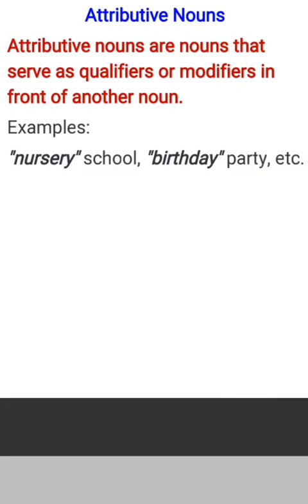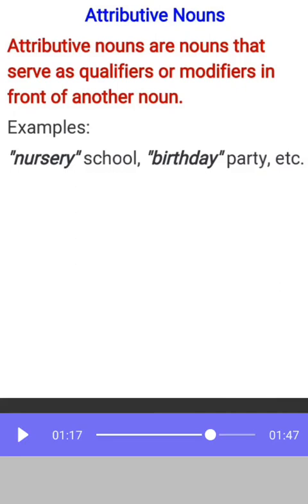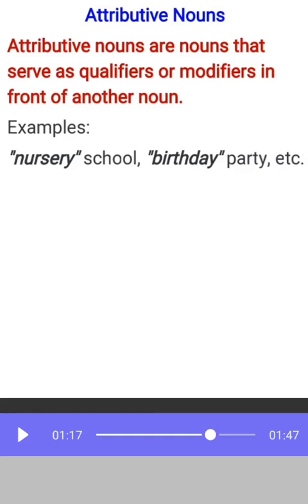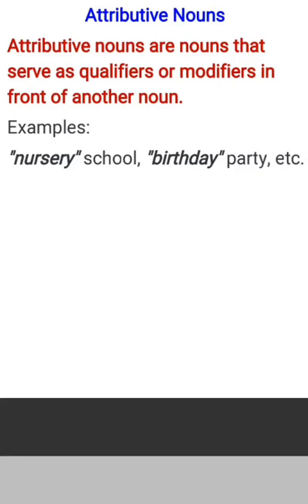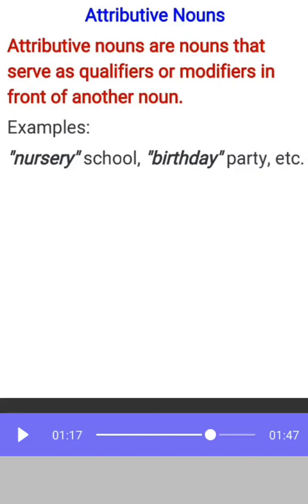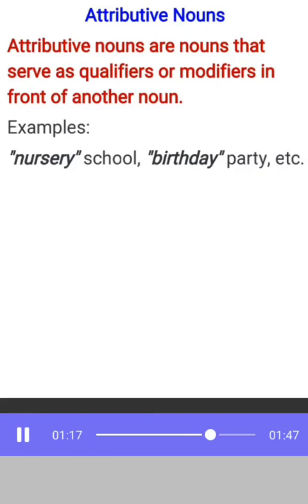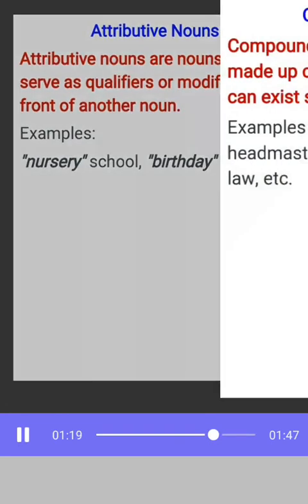We have another example, birthday party. Birthday is a noun of its own. Then party is a noun of its own. And so placing birthday behind party is serving to qualify the party as an adjective, is acting as an adjective to describe the party. And so that makes birthday a denominator noun to the party. And so that's that for that. So nouns that stay behind other nouns to describe them in sentences, we refer to them as denominator nouns. Then we now come to the next one,